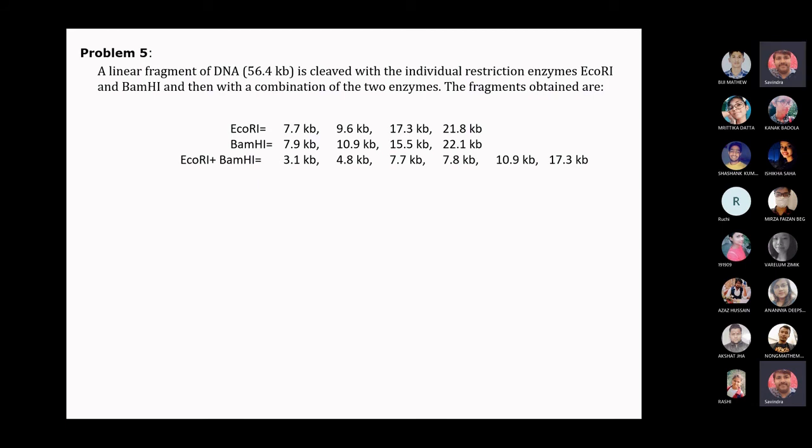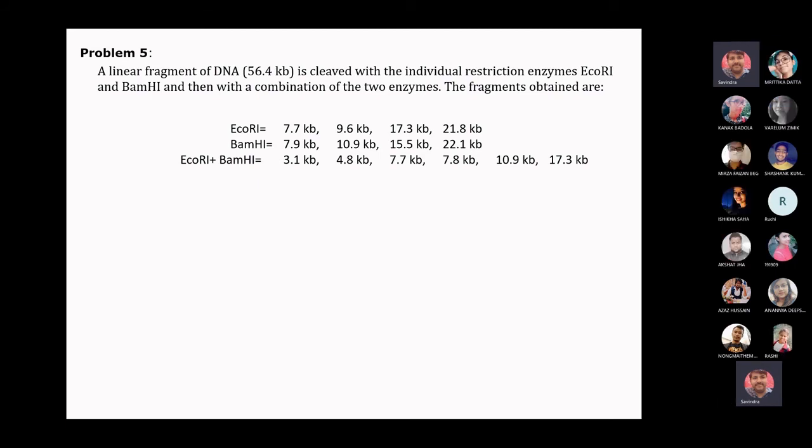एक बार चेक करो कि EcoR1 से हमें 56.4 मिल रहा है, BamH1 से 54.4 मिल रहा है, and when we are using the combination of enzymes, are we getting that total of 56.4 or not? Just check it. EcoR1 का टोटल कितना आया? So 56.4. And BamH1 का 56.4. And total जब combination का, 51.6.